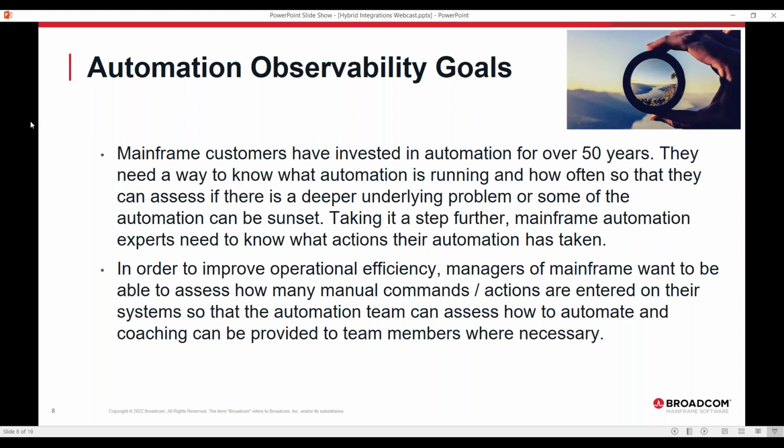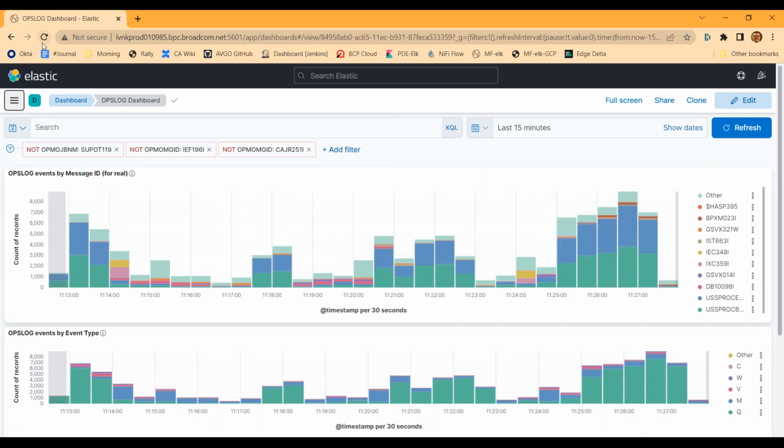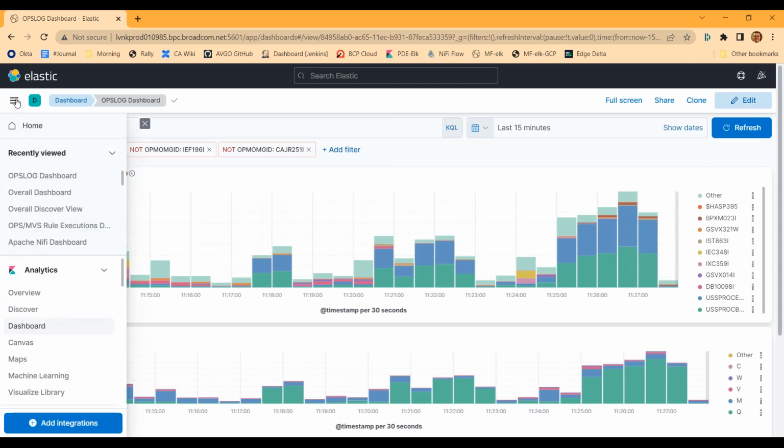And the Ops MVS team, I think, recognized that there was an opportunity here to really extract more information about automation that's running, right? And this is early, and this is really a teaser. But we just can't resist, because we're kind of excited to share this. So I'm going to drop back into Elastic for a second. And I'm going to show you, again, this is a very crude